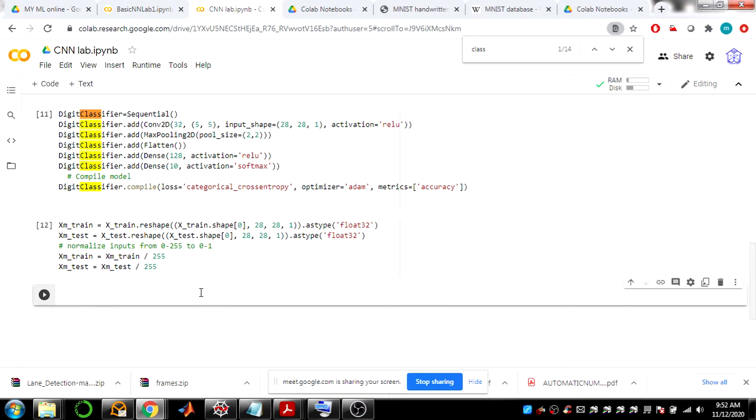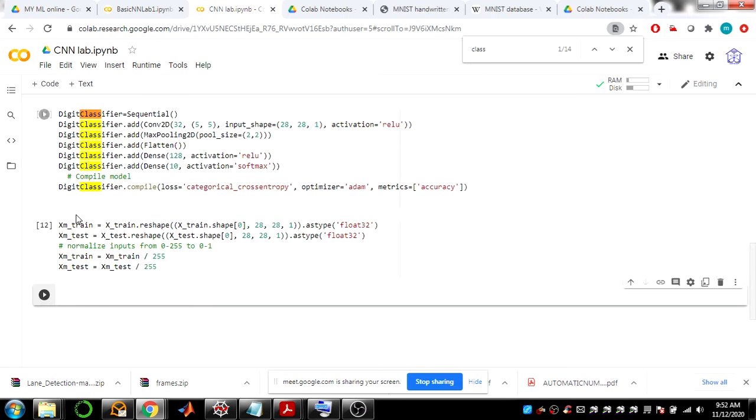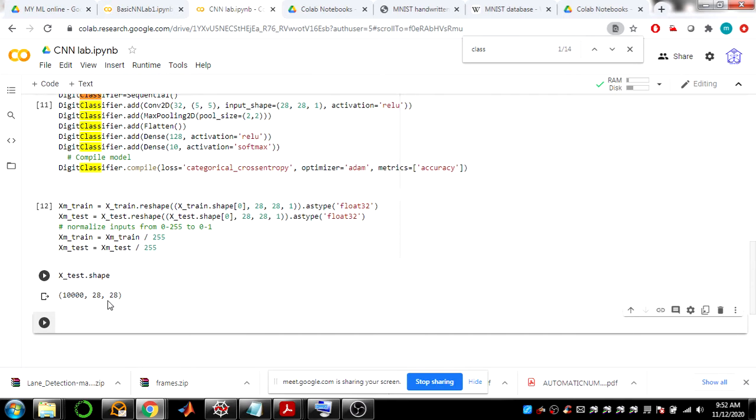Original data is in X_train, and this is the pre-processed one. Let us check X_test.shape. We have 10,000 images in the test set, and their size is 28 by 28.